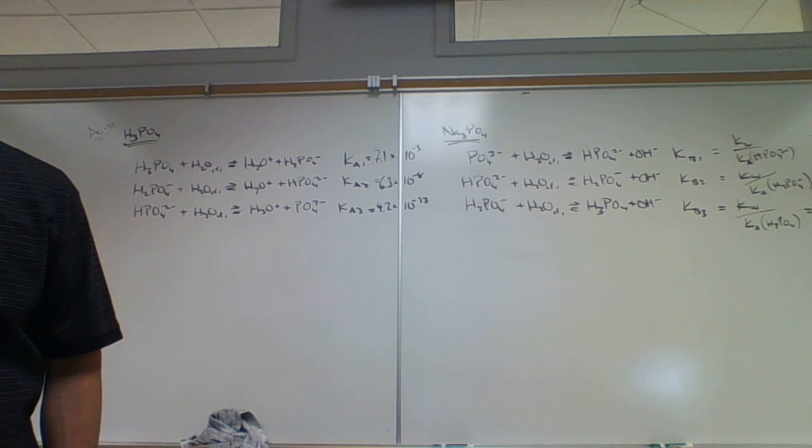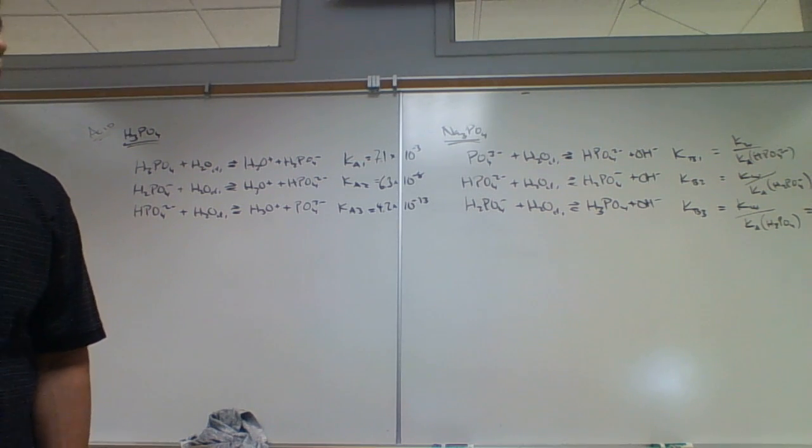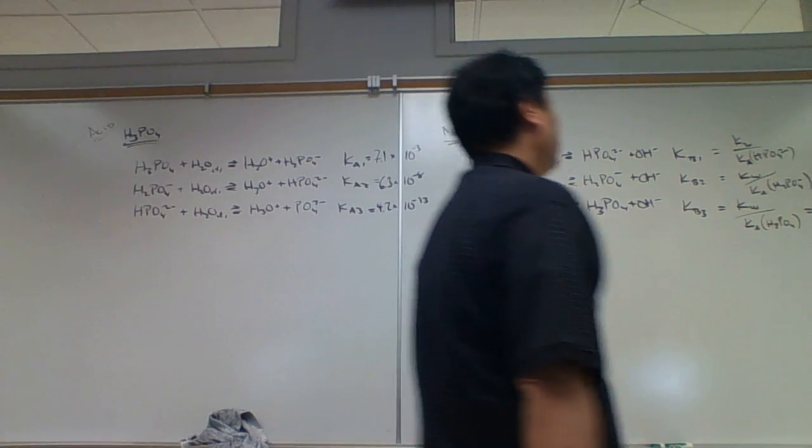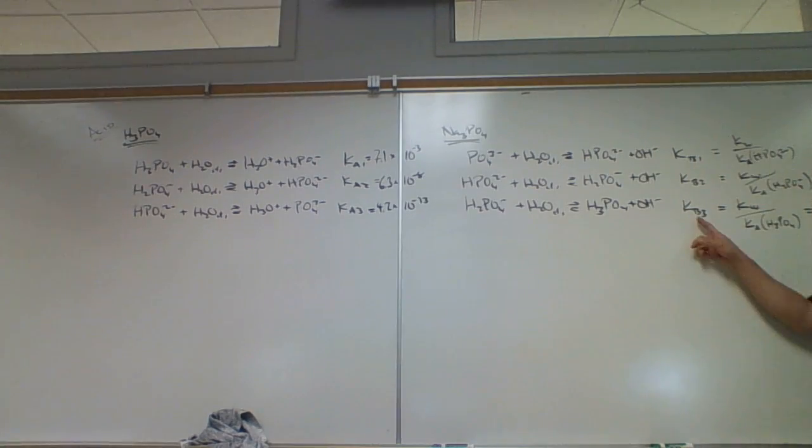Why did you use the Ka1 instead of the Ka3 for the third one? So the question is, this is Kb3, so why didn't we use Ka3? I'll tell you, on the test, lots of people do that. They'll see Kb3, they'll use Ka3. But it's wrong, I marked it wrong. Maybe 5 to 10% of the students will do that. It's wrong because